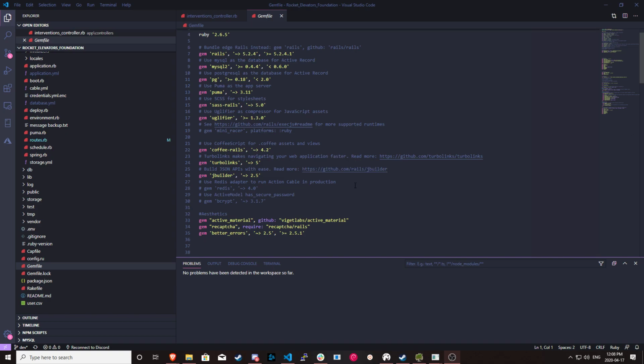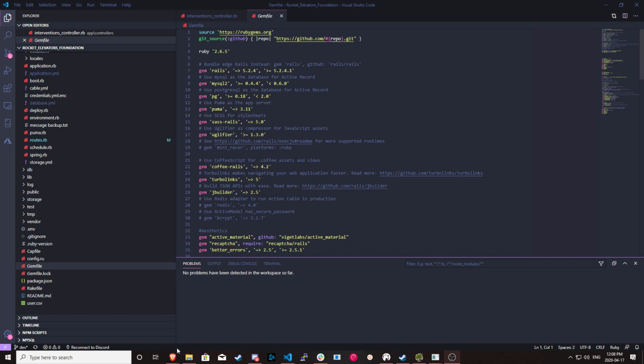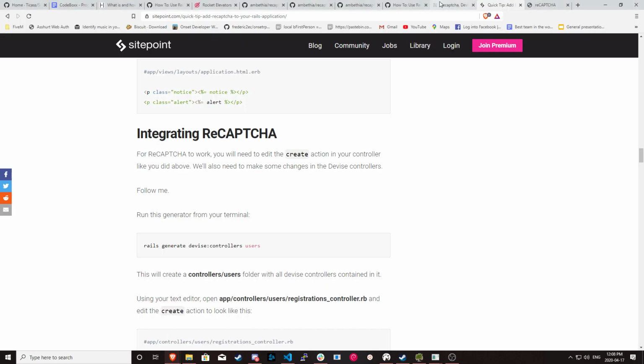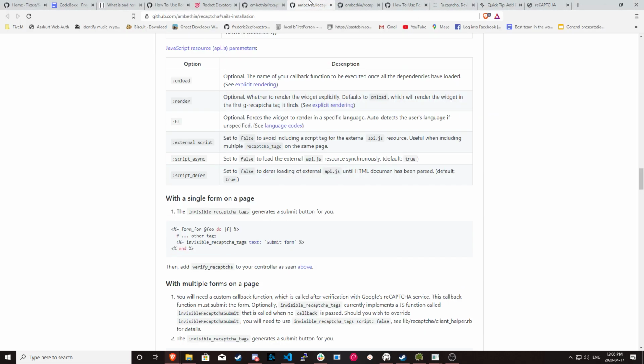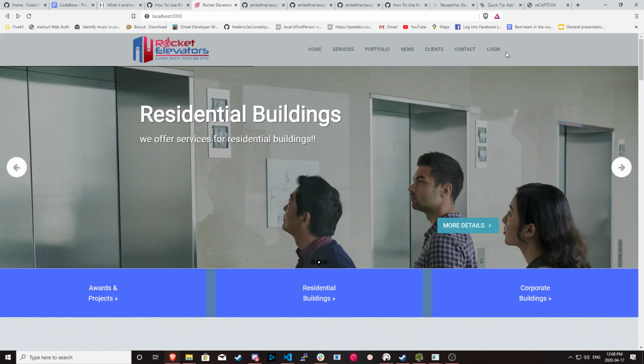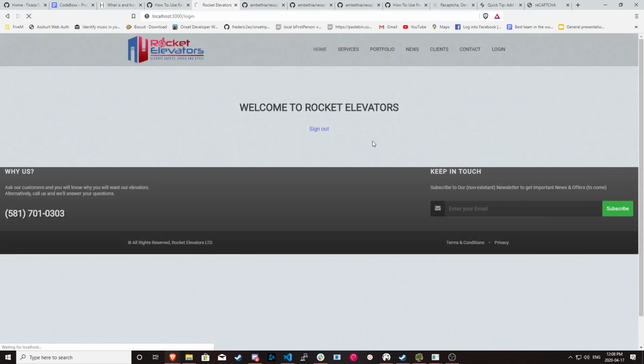Alright guys, so I'll show you how to do the CAPTCHA thing. I'll show you real quick how it looks on the website. There you go. If I go into login, if I go into sign out,